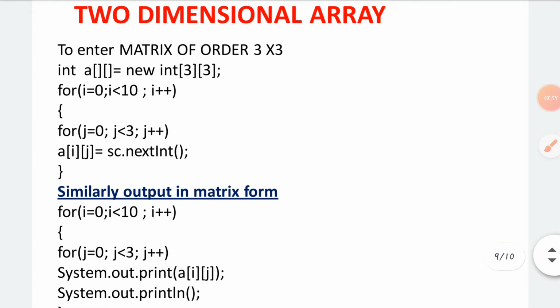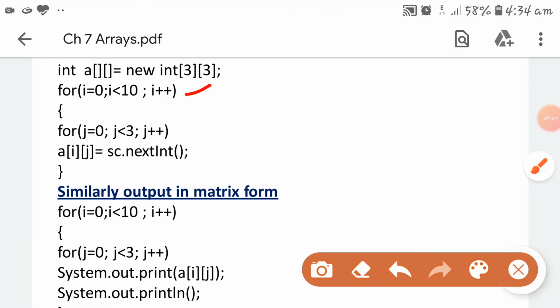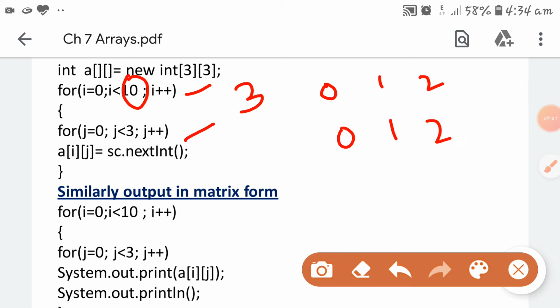And in the two-dimensional array, we will take 2 loops, just like in pattern programming, 0 to 10. Okay, here it must not be 10, here it must be 3. So 0 to 3 and 0 to 3, so it will be 0, 1, 2 and 0, 1, 2.